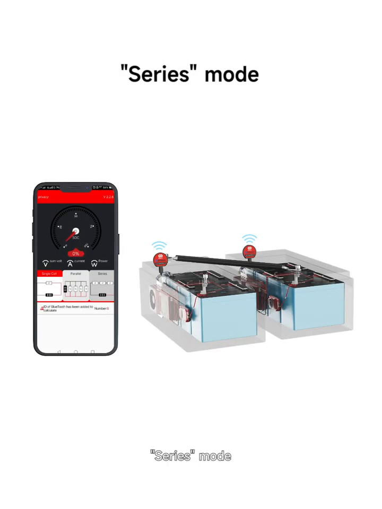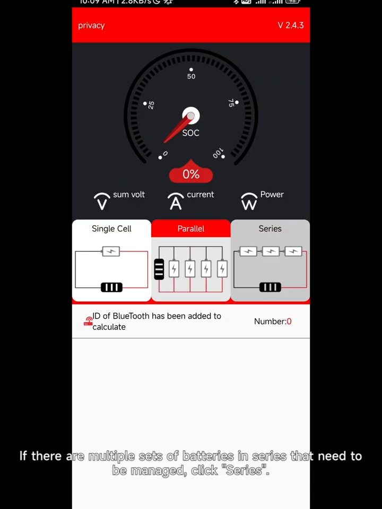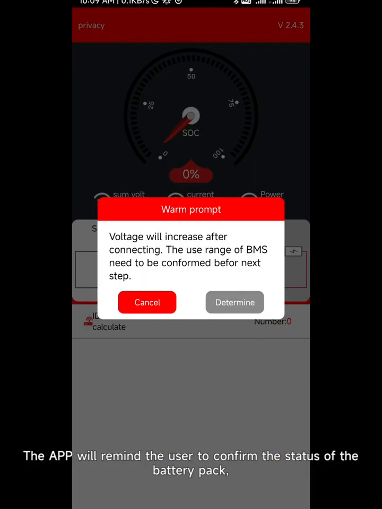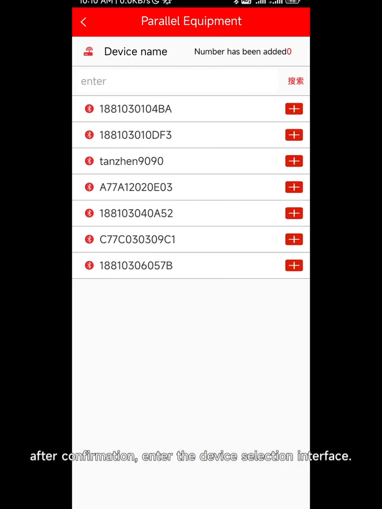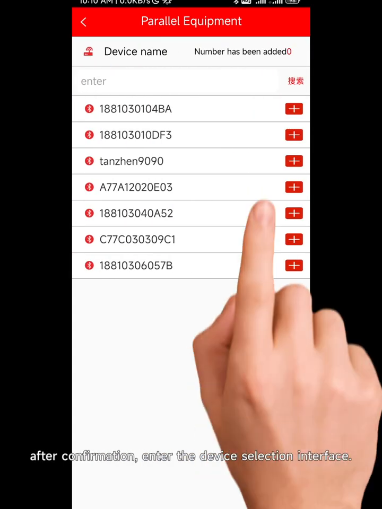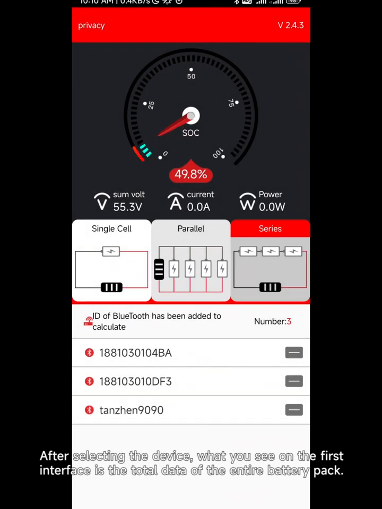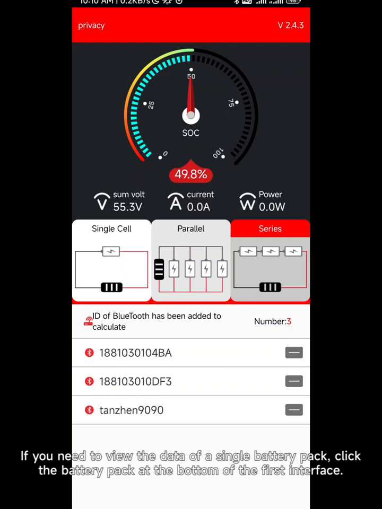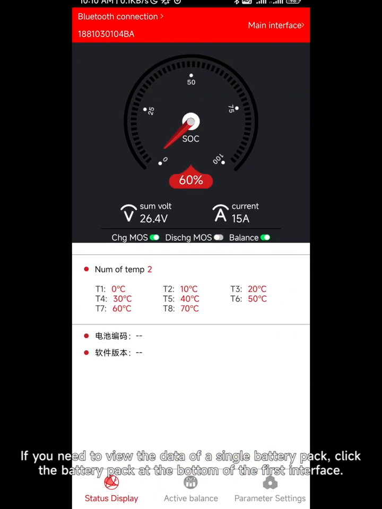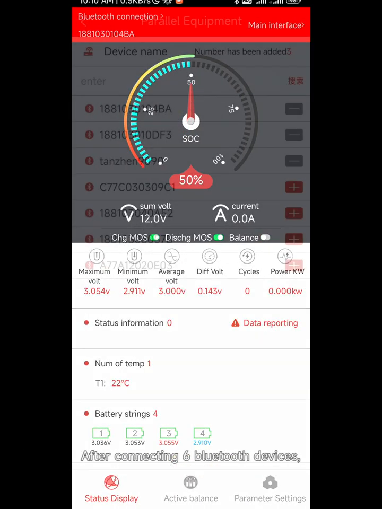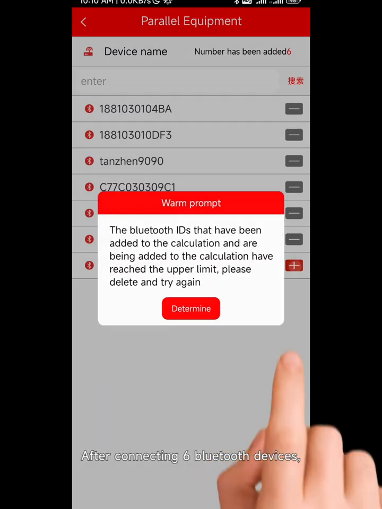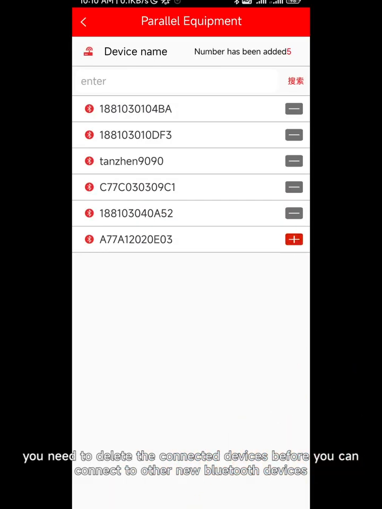devices. Series mode. If there are multiple sets of batteries in series that need to be managed, click Series. The app will remind the user to confirm the status of the battery pack. After confirmation, enter the device selection interface. After selecting the device, what you see on the first interface is the total data of the entire battery pack. If you need to view the data of a single battery pack, click the battery pack at the bottom of the first interface. After connecting 6 Bluetooth devices, you need to delete the connected devices before you can connect to